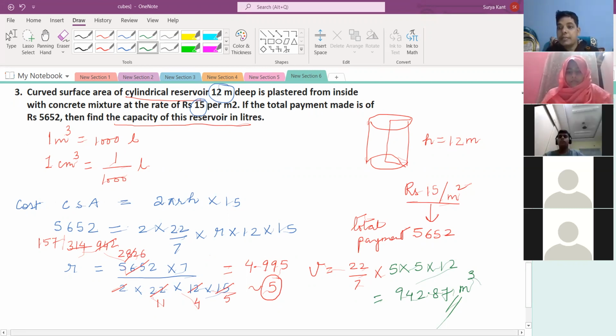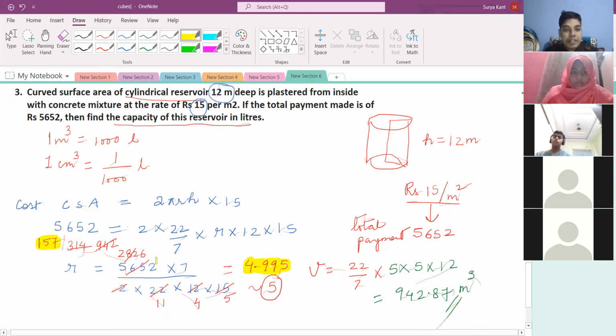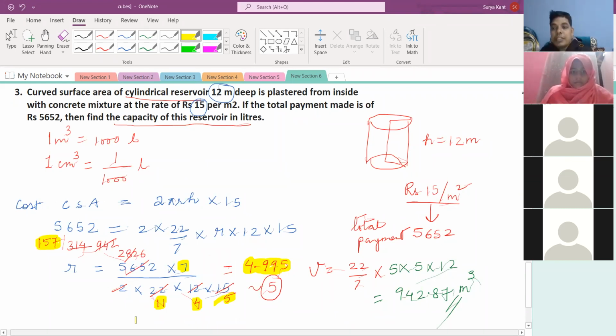Sir, but when I did it in calculator, it's coming a big answer. This answer is not coming, Sai Charan, this 4.995. Yes, sir. It's coming like 78 lakhs. Just do here, Sai Charan, don't do this much. 157 into 7 you do, okay? And divide by 220 you do, okay? See, these three things are there. How much are you getting, check?